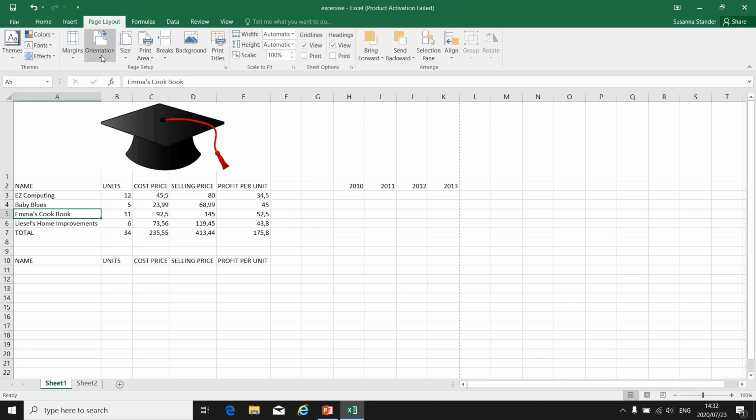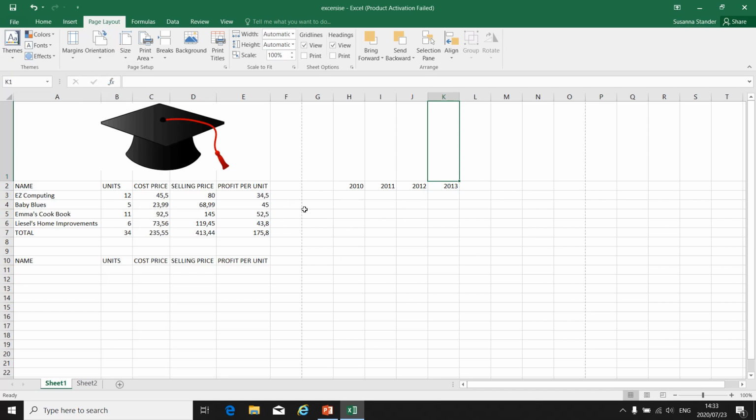So most of the times you will have to go to page setup or page layout and go and change the orientation to landscape so that your spreadsheet will fit on one page. On the side here, you will see that little dotted line. That little dotted line shows you that's the end of page 1. So if there's anything